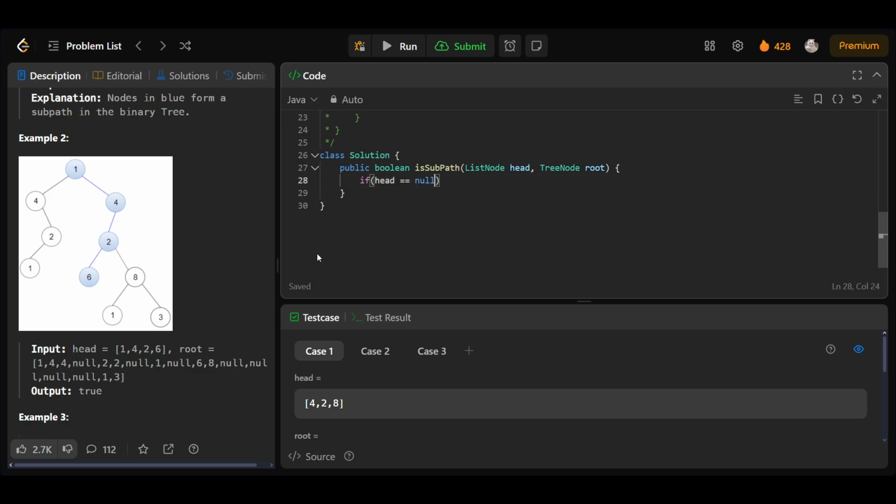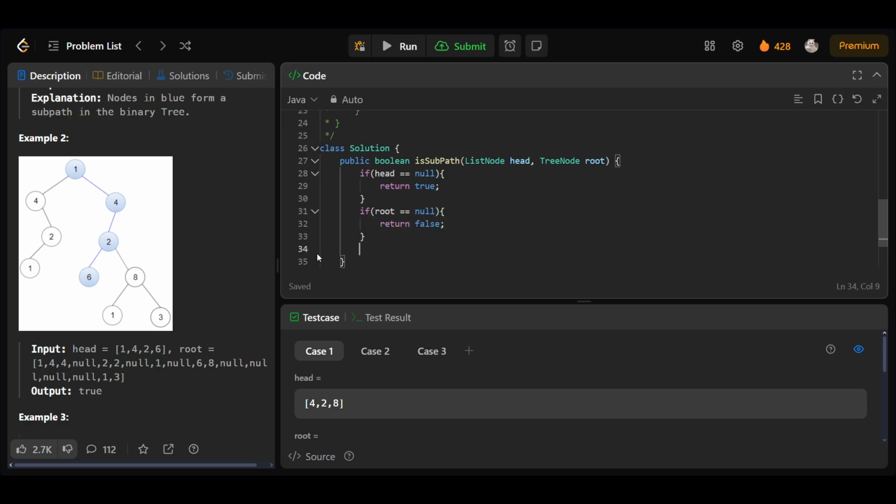Okay, so firstly let's have some base cases. If the linked list is null, in that case we always have our answer, so we have to return true. Then I'll check if root is equal to null, basically that means some linked list exists but the tree doesn't, so in that case I have to return false. Otherwise I'll return dfs starting from the head and root, or I'll call the isSubPath function again with head comma root dot left,